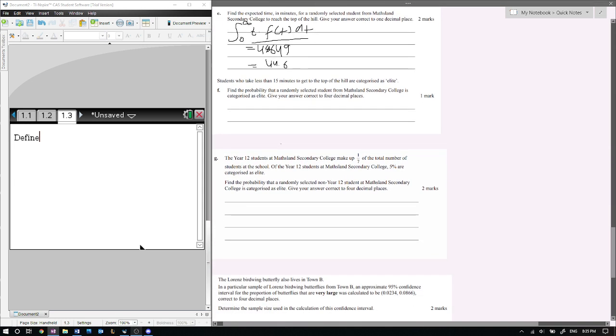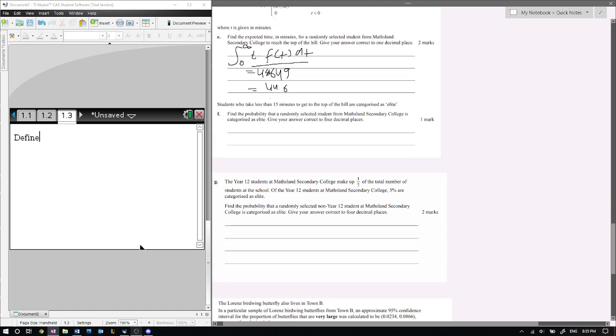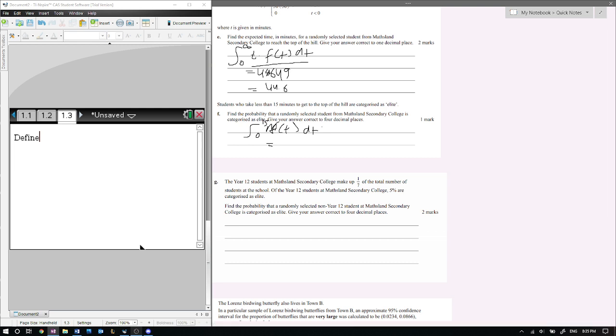Moving on to question F. Students who take less than 15 minutes to get to the top of the hill are categorized as elite. Find the probability that a randomly selected student from Mathsland is categorized as elite. So I think this is another pretty straightforward one. You're just trying to find the probability that a student will take from 0 to 15 minutes. That should be m(t), my bad. So yeah, just integrate that over its domain again, over 0 to 15 this time. And in the calculator, I have